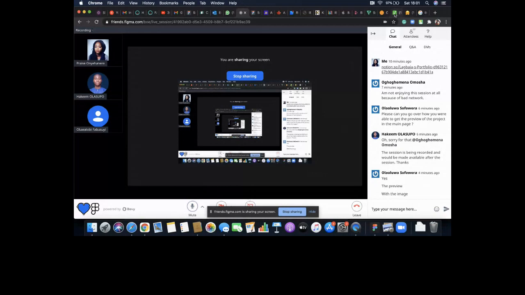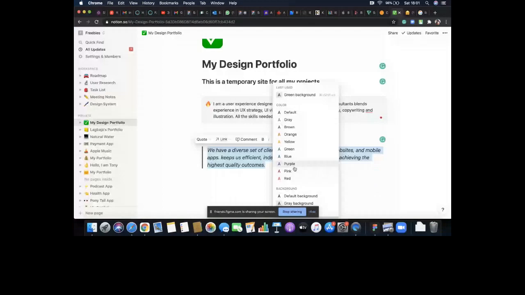I can decide to make this quote italics, change the color of the quote, strike through it, make it an underline, make it bold. I can basically do anything I want at this point. All it is, is just to give it a visual balance. That's exactly what we want to do. And it's nothing different from what I've done here.